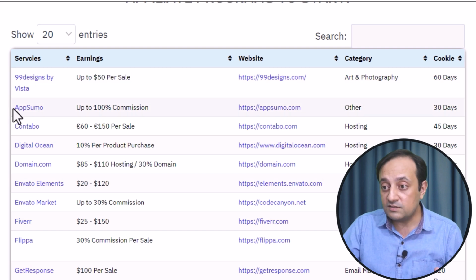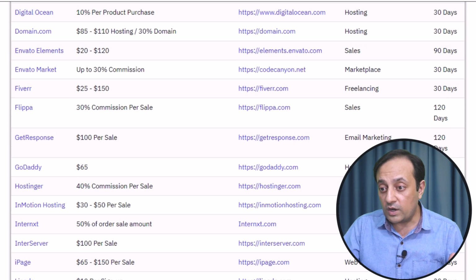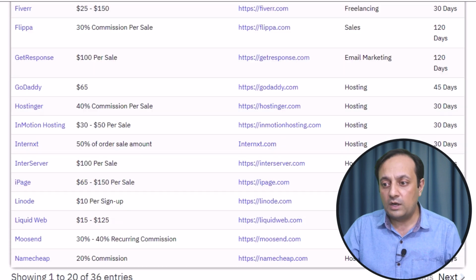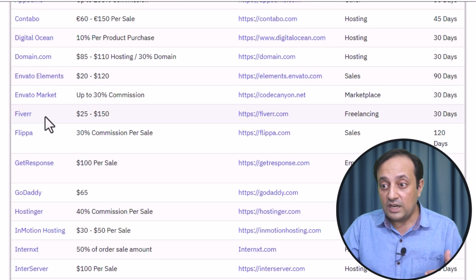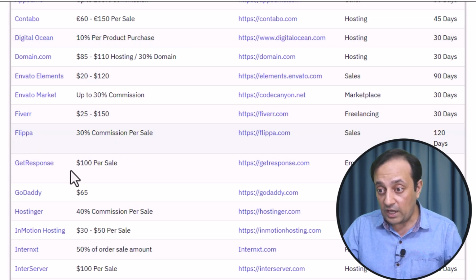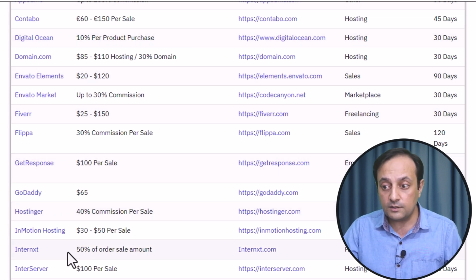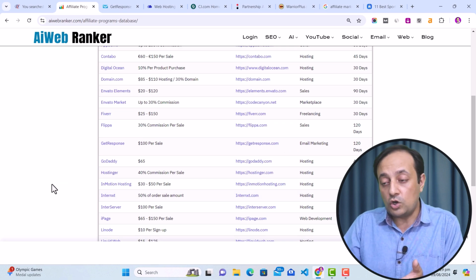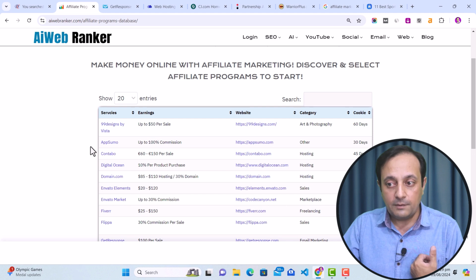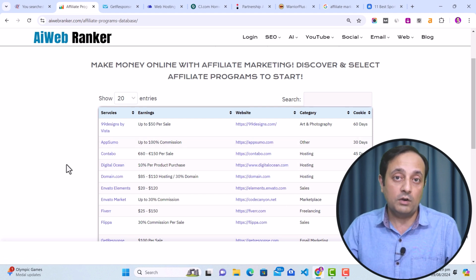Another affiliate program is AppSumo. And like this, you can find so many affiliate programs that are related to digital marketing. For example, Fiverr, Envato Market, DigitalOcean, Contabo, GoDaddy, Hostinger, and these are my affiliate programs that I am promoting. If you need to join any program, you can simply click on this link and go to their website and